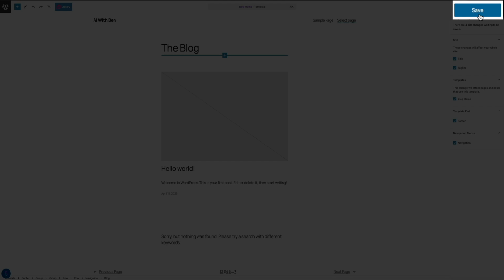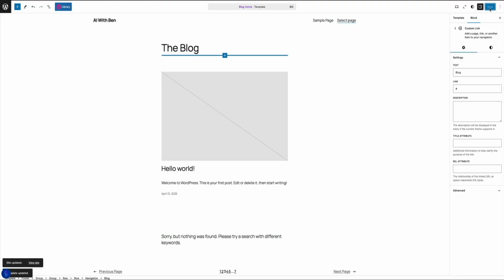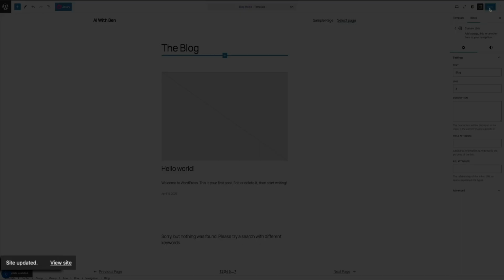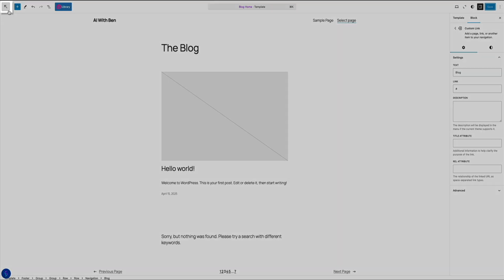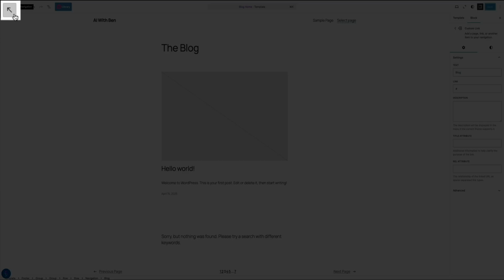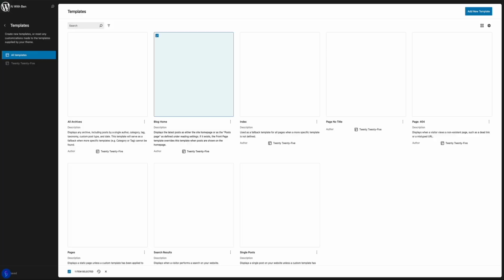Then click Save again. And in a few moments, you'll get a notification letting you know that the site has been updated and the changes are live. Then if you click the site icon in the upper left corner, this takes you to the full site editor